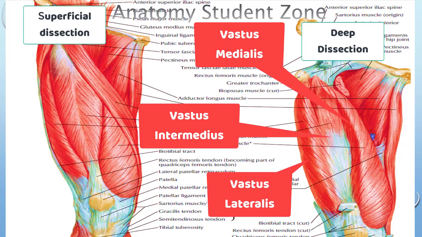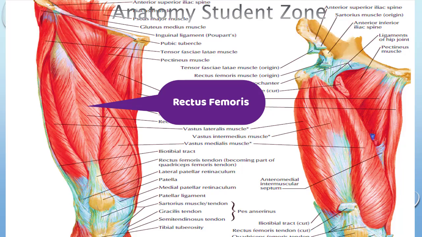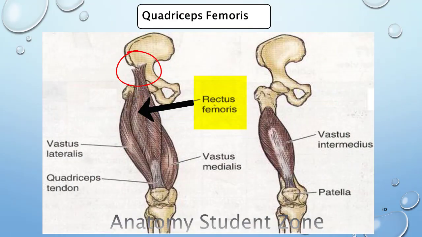So first I am going to tell you about the detail of rectus femoris. Dear doctors, what you have to remember is that the different muscle of this group is rectus femoris. Why is it different? It is different because it is acting at hip joint and knee joint. All other vastus muscles, all three triplets, are also acting at knee joint, but they are not acting at hip joint, while the rectus is the only muscle that is acting at hip joint.